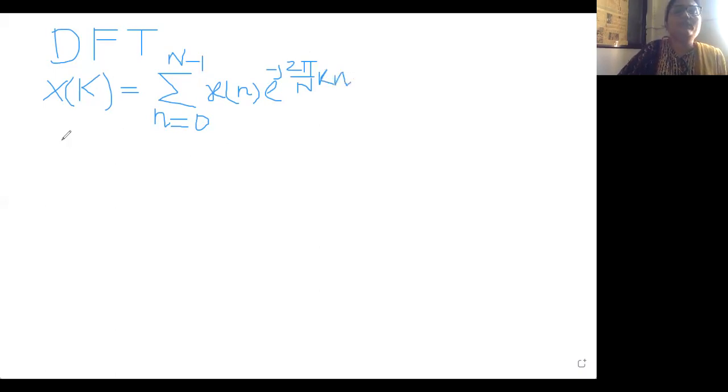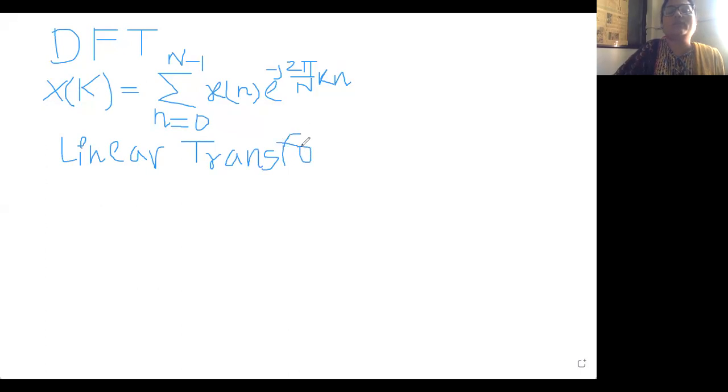Okay, now what we did, we tried to represent it using a linear transformation. We represented the input samples using a matrix representation. We will revise the formula we derived yesterday using a matrix first, and then we'll solve problems based on that. So here, the DFT as a linear transformation. Write down this topic as DFT as a linear transformation.